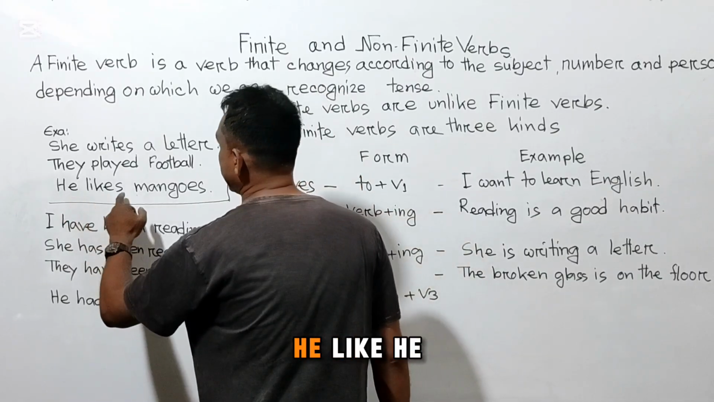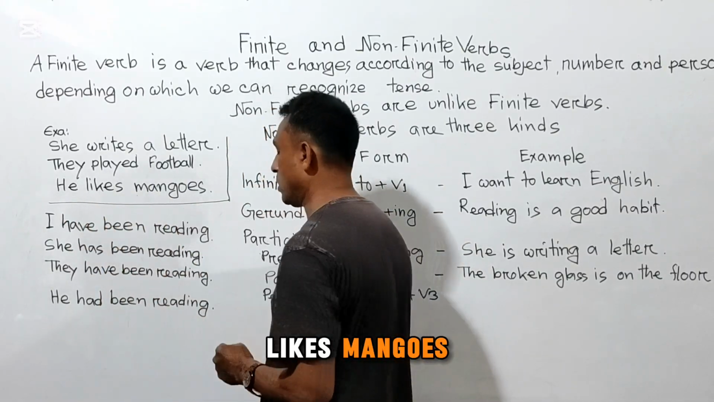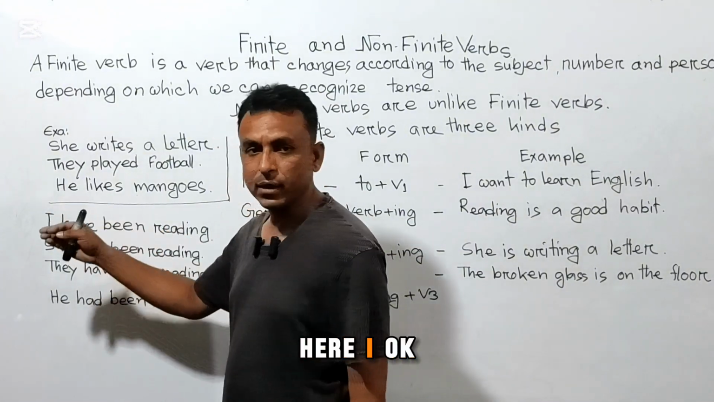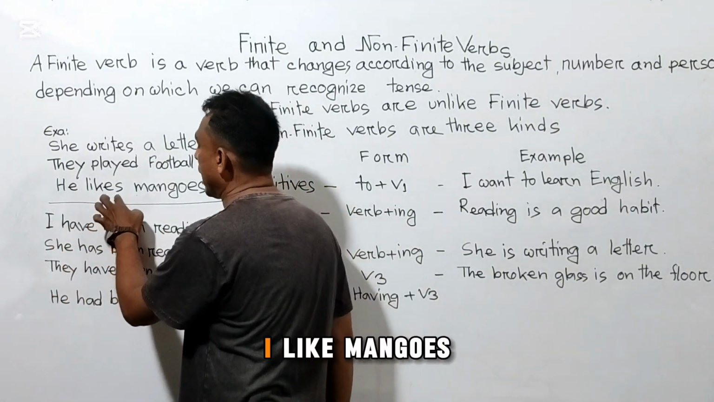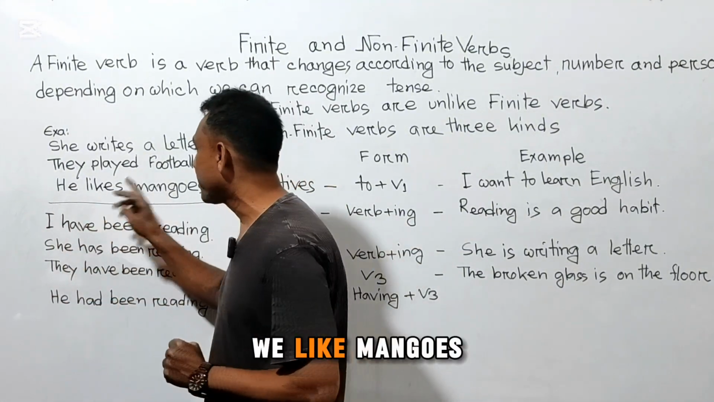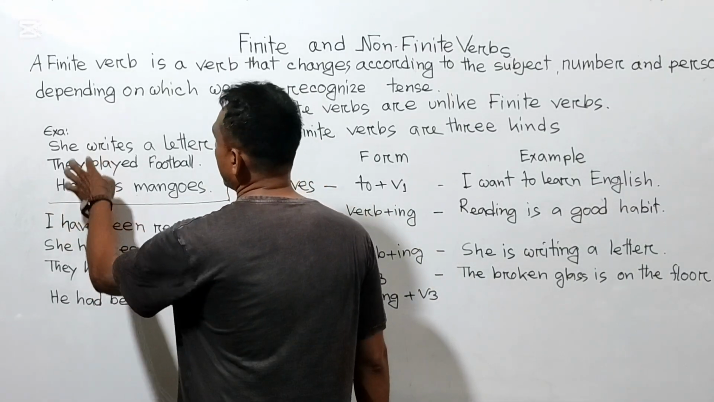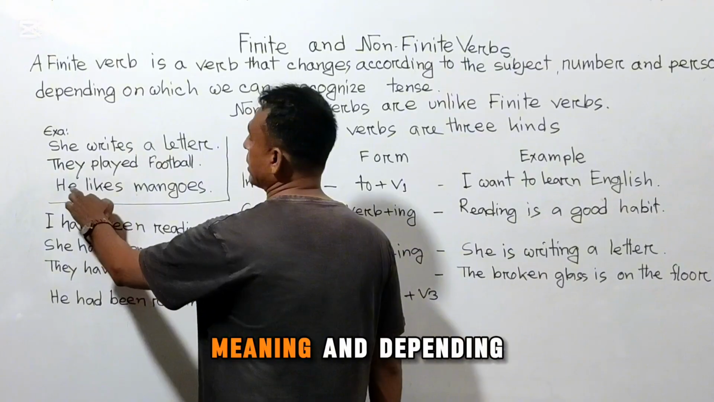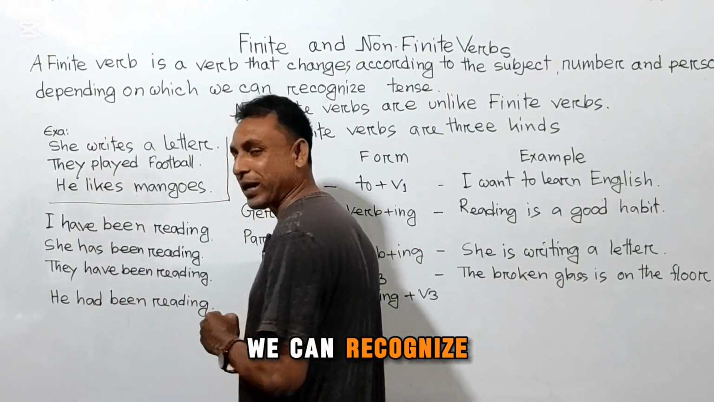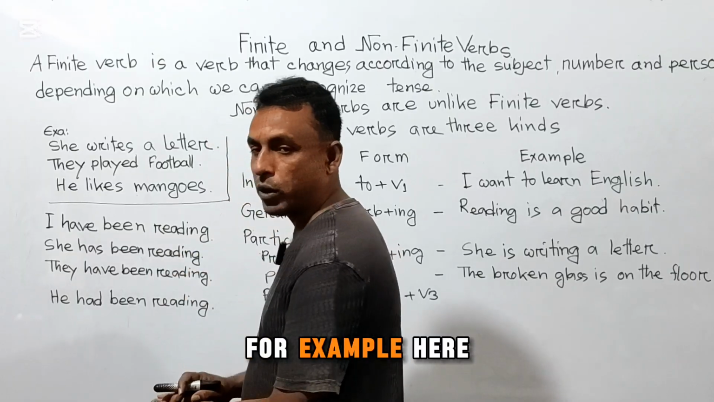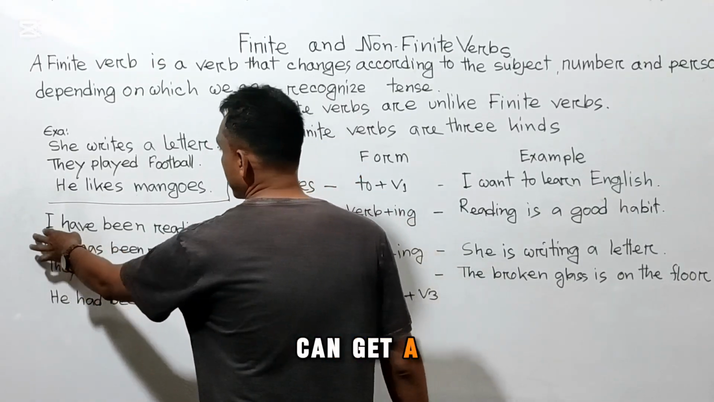Try to understand. He likes mangoes. If I put here I instead of he, then I have to say that I like mangoes. We like mangoes. So according to the subject, number and person, a finite verb changes its form, and depending on that we can recognize tense. Okay, now I am going to give you 4 examples here where you can get a clear idea